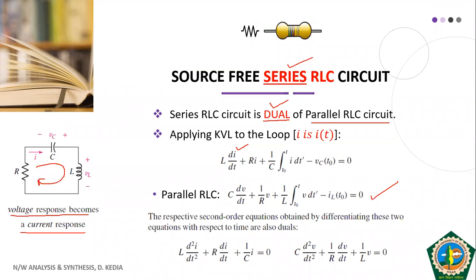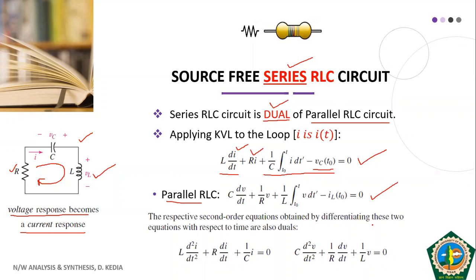So this is the equation that we had developed for your parallel RLC circuit, and this is the equation that will be there for your series RLC circuit. If you apply KVL here, you can see that the voltage across this is L dI by dt. Then we move to resistance, V equals IR, and then this is the voltage across the capacitor, whereas this voltage is dependent on the defining equation, and we see T0 defines the initial voltage present across this